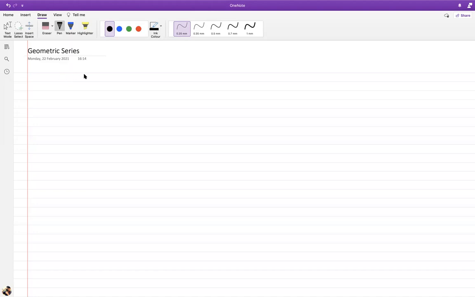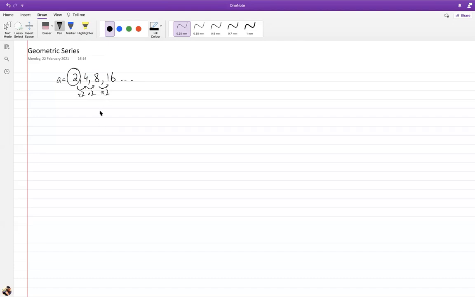Yeah, so basically in geometric series, we have multiple terms. For example, we have this term 2, 4, 8, 16. What's happening here? Just like arithmetic series, we have a starting point. So here we have this as a starting point A. And if you notice, every term is multiplied by 2 to get the next term.